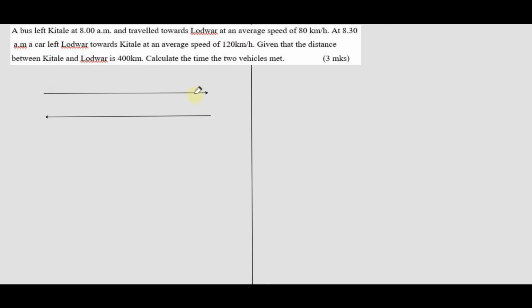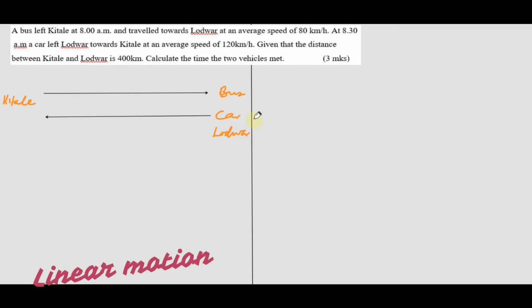So this first arrow shows the bus. The second one is the car. The bus left Kitale, so this end is Kitale, then towards this end, this is Lodwar. So the bus started the journey at 8 a.m. at an average speed of 80